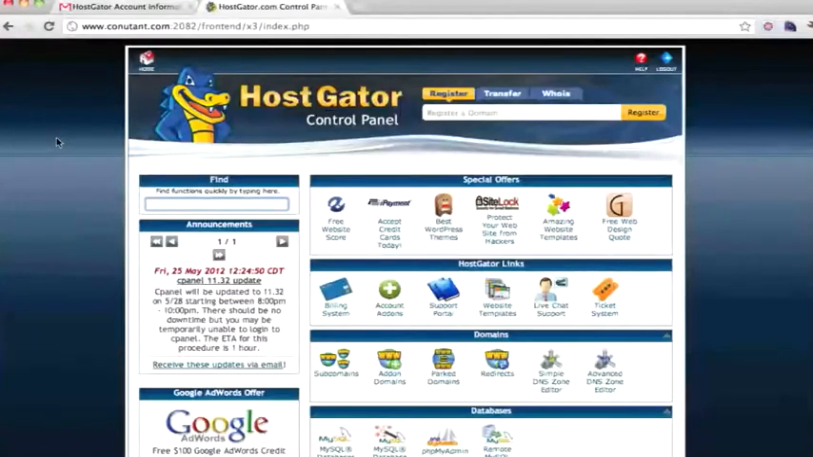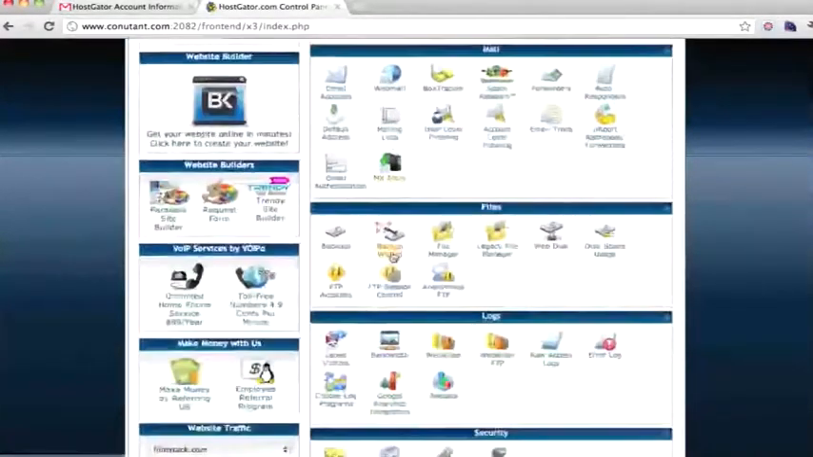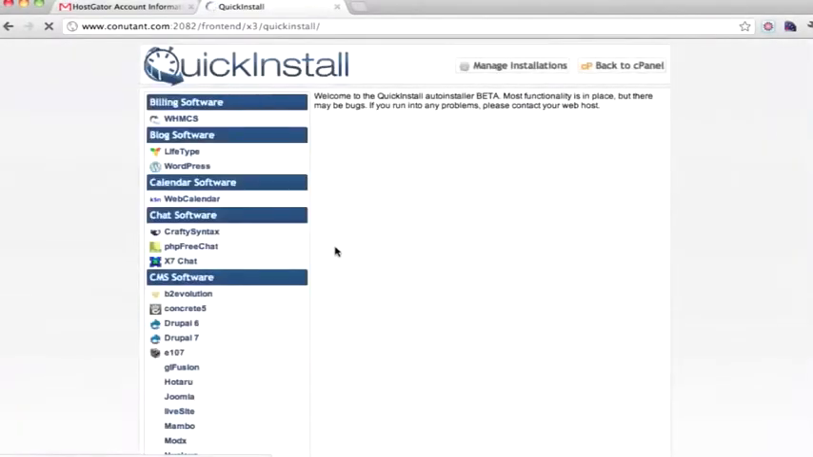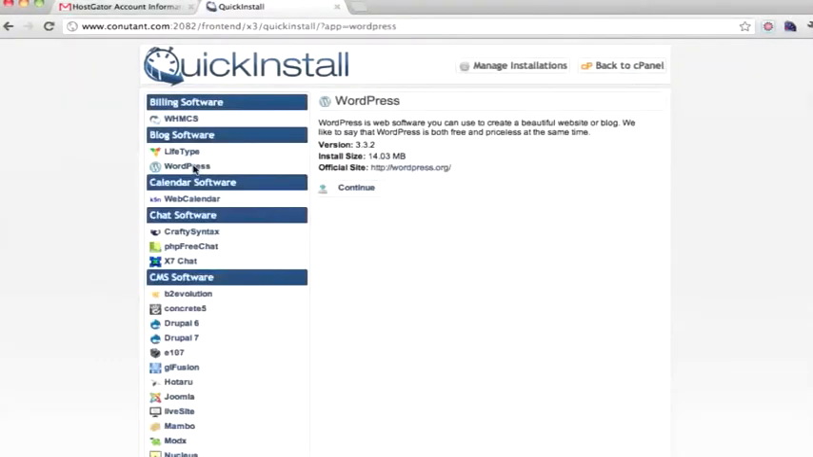Now that we're logged in, what we want to do is scroll down to install WordPress. Now this used to be really hard, but HostGator, and this is one of the good things about HostGator, they make it really easy. Just click on the quick install. So we click on the quick install and click WordPress. Then just click Continue